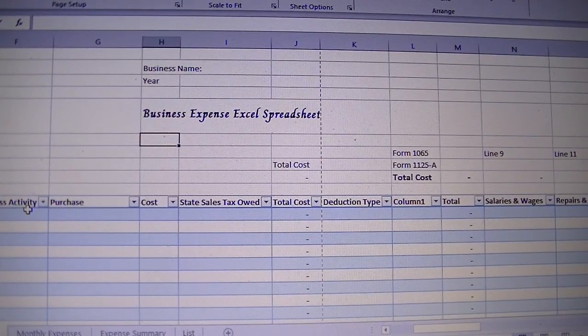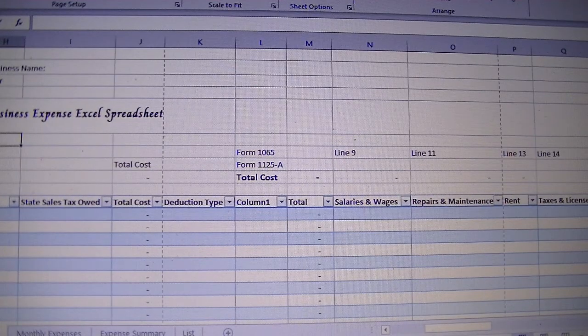Hello, Business Expense Excel Spreadsheet for LLC. If you have an LLC, or limited liability company, and you are required to file Form 1065, in case you don't have software to track your business expenses, the Business Expense Excel Spreadsheet will allow you to track all your expenses by expense category